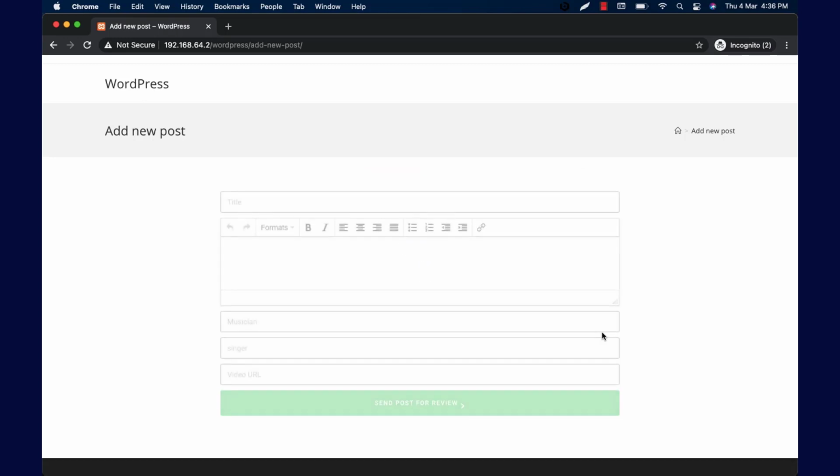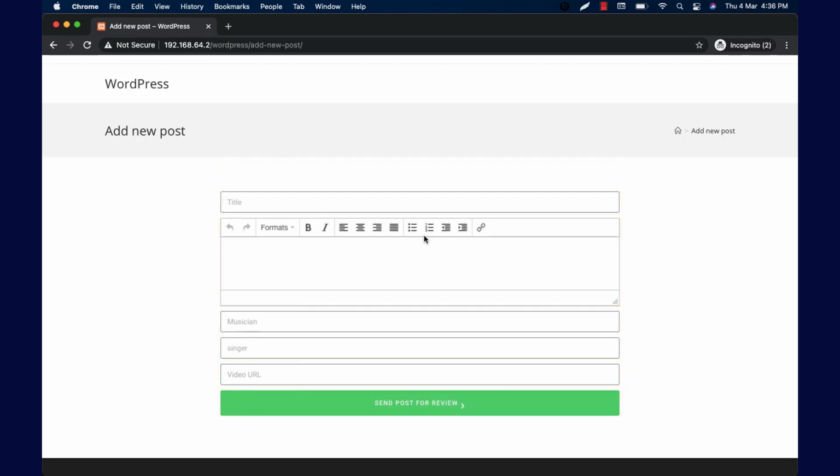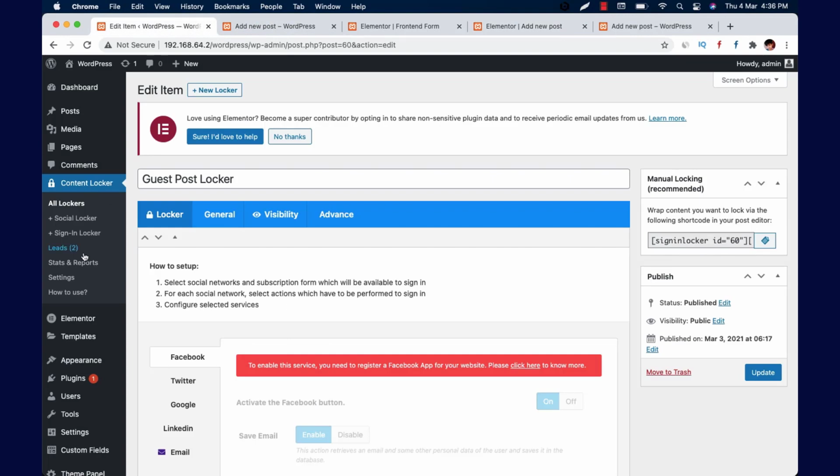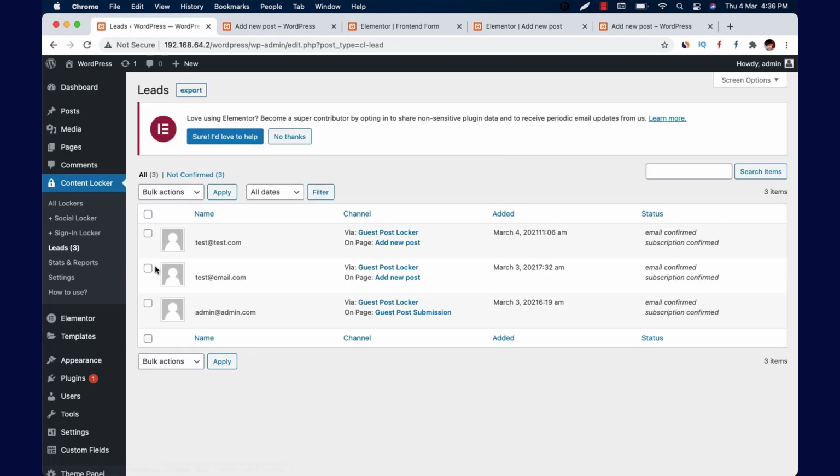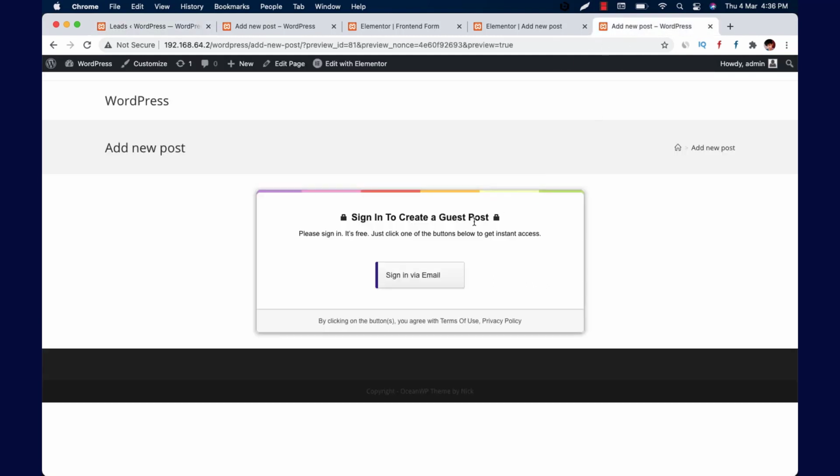And signing in to unlock, so it will be unlocked, and all the leads that you filled up will be added here. Test edit of test.com recently made this. So this is how it works.